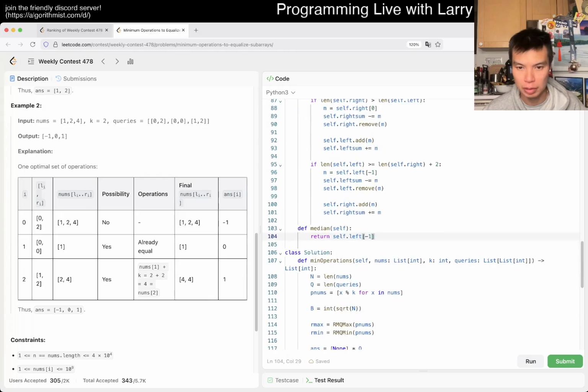Yeah. But we don't care about the median actually. I mean we do, but we want the delta, right? So then we have the median,